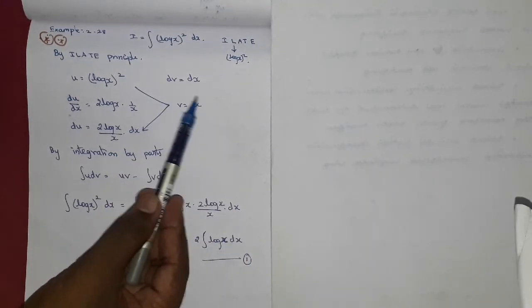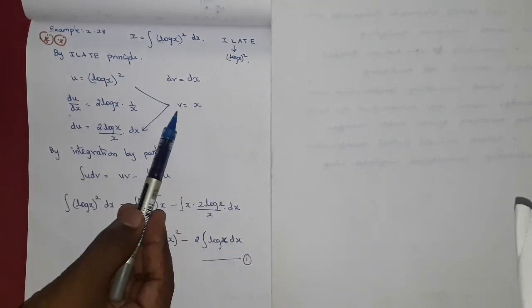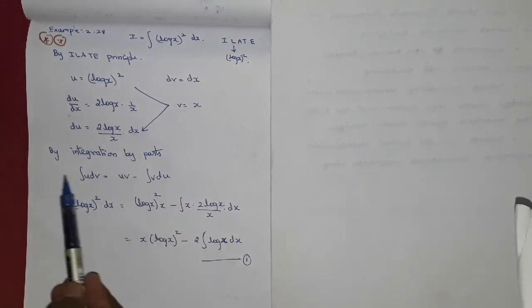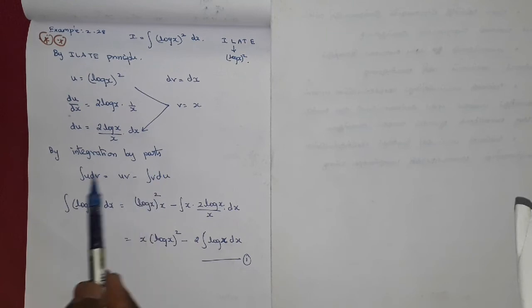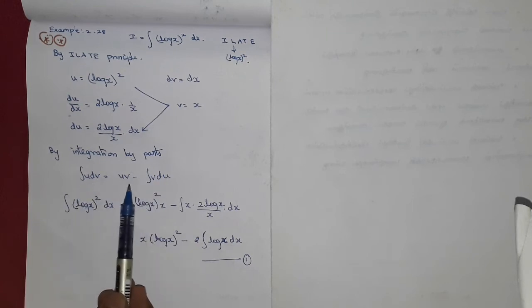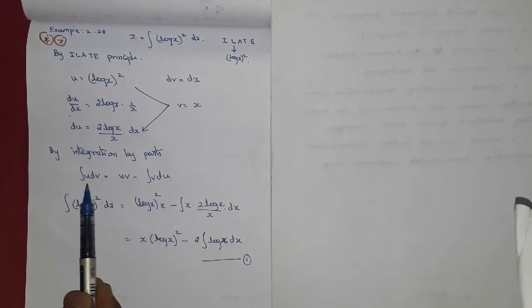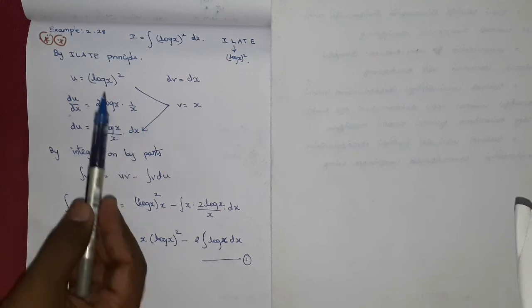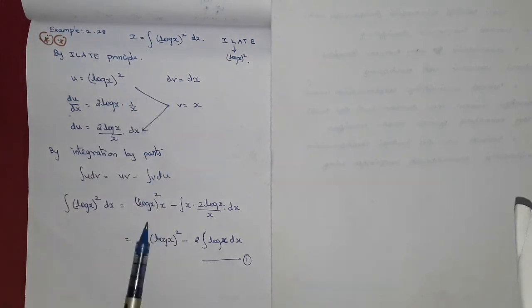So dv equal to dx. When you integrate dv, we get v. Like that, the other side, when you integrate dx, we get x. That's all. So by integration by parts, integral u dv equal to uv minus integral v du. So integral u is (log x) the whole square, du is dx, right? Equal to uv. So multiply u answer with v answer, that is (log x) the whole square into x, minus